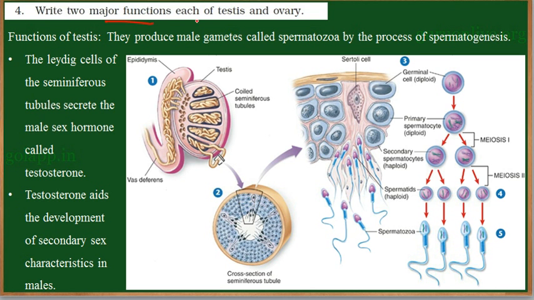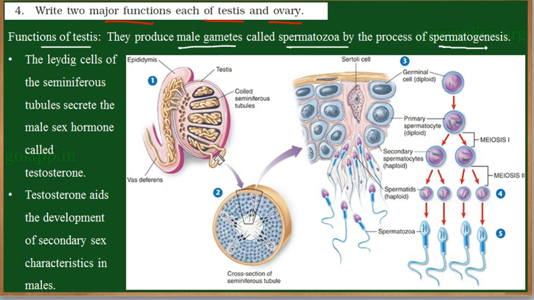Write two major functions each of testes and ovary. Now what are the two major functions of testes and ovary? So let us learn about it. Now first of all, the major function of testes is to produce the male gametes, which is called